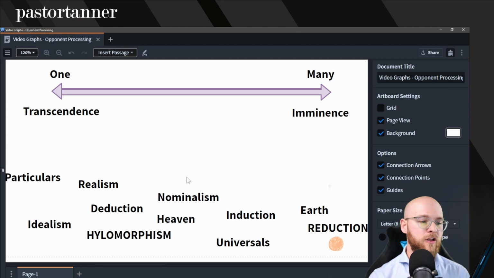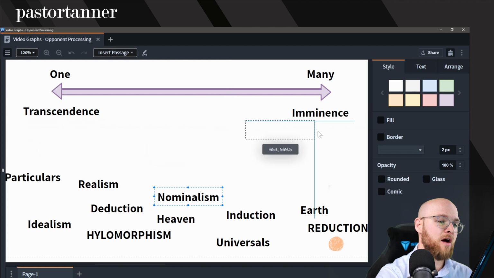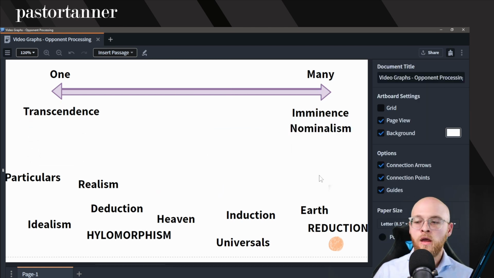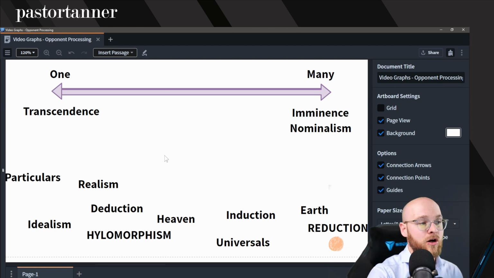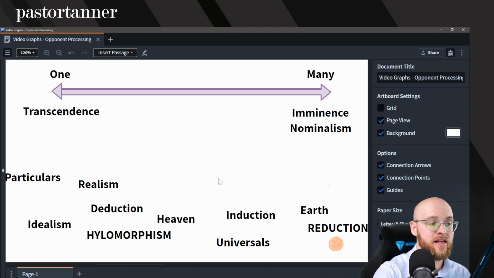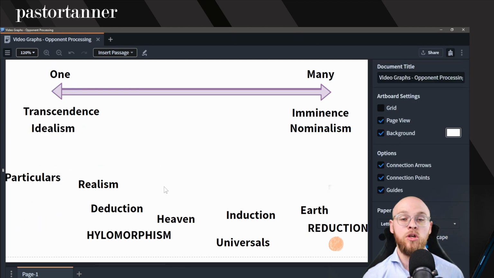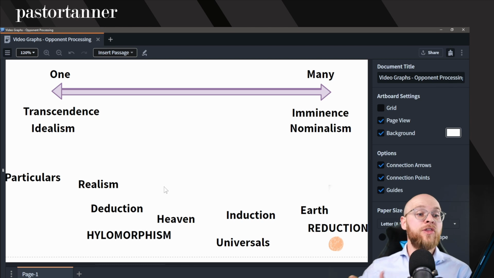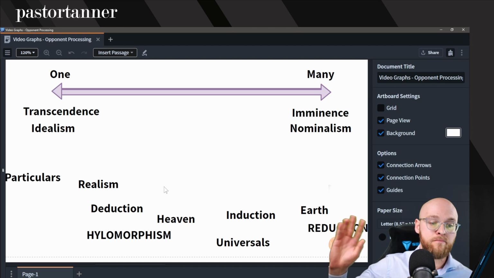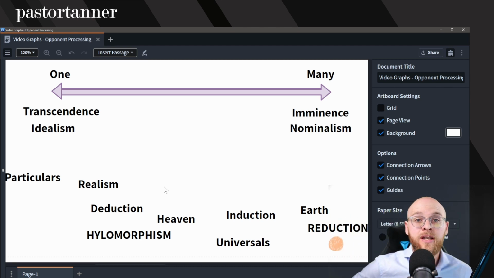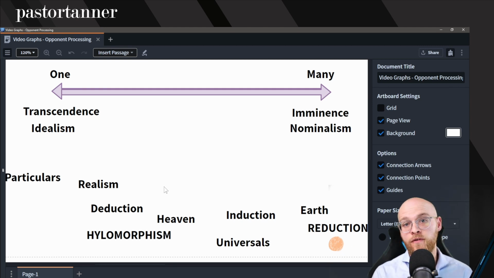When it comes to philosophy, we also have 2 different approaches here. We have nominalism, which emphasizes the many, i.e. nominalism just names things because it's the particulars that all that matter. There's no forms, there's no transcendence to everything. But on the opposite side of the equation, we have idealism. No, the form is all that there is. Everything is one. Have you ever heard anyone talk about the fact that everything is one and matter in reality is merely an illusion? Idealism. They're getting rid of the particulars in favor of the universals.